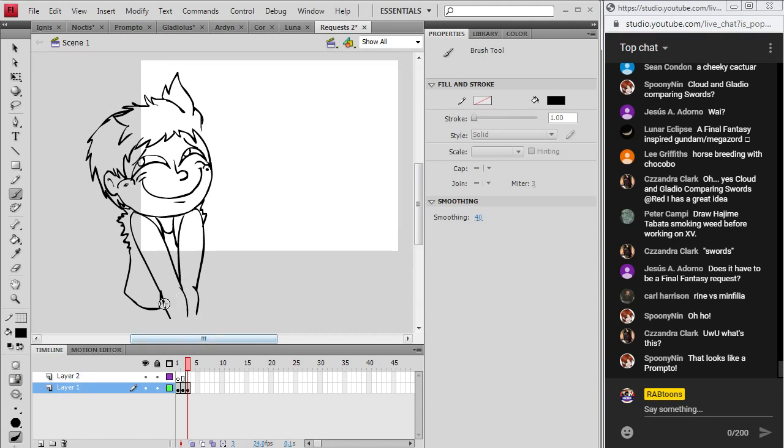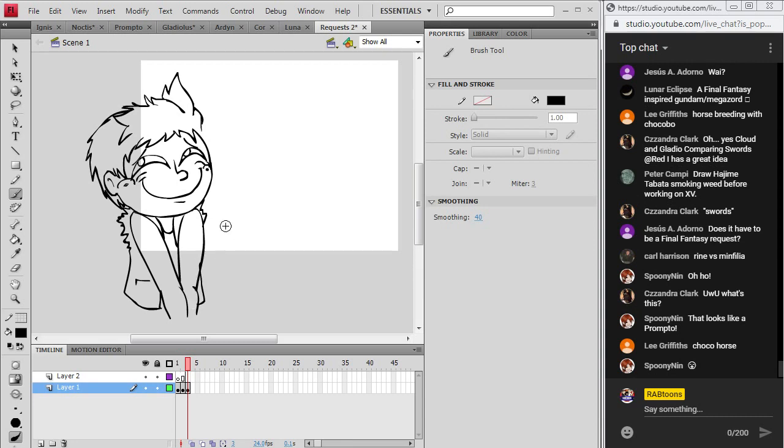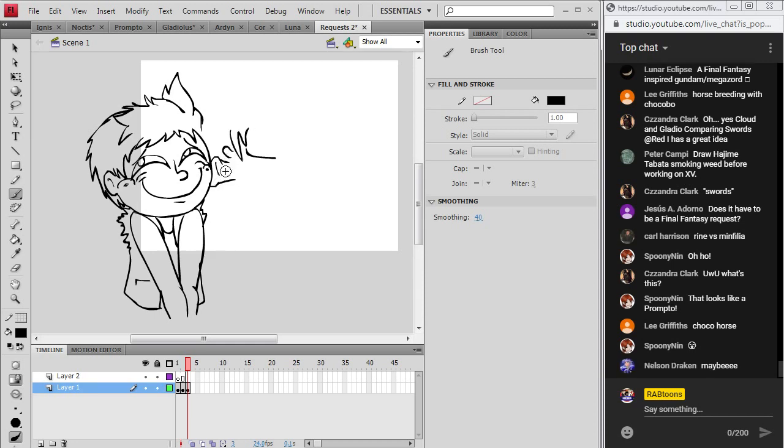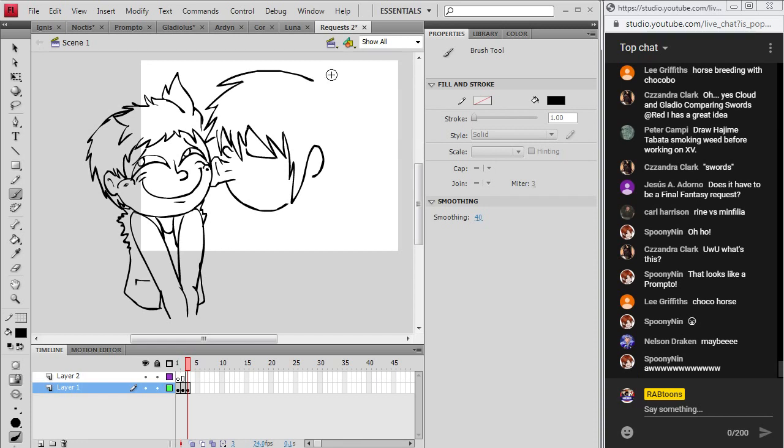That looks like a Prompto. Very good deduction there. That is indeed meant to be Prompto. Again, this looks more like Riku than Noctis, but